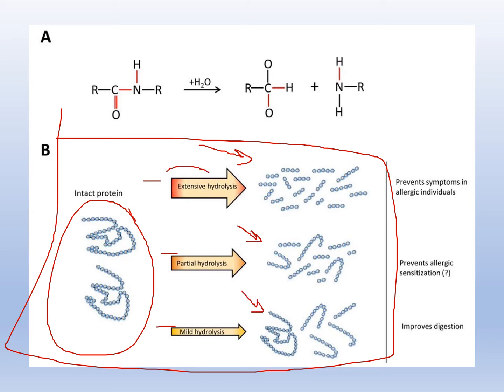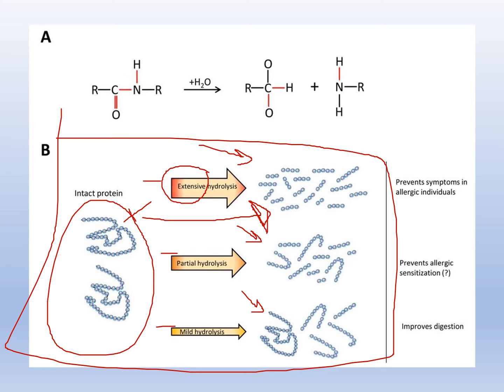For the extensive one, the method used is very strong: probably a very strong acid or a very strong base to break down proteins, or probably proteolytic enzymes, because proteolytic enzymes are very effective in breaking down proteins into amino acids or smaller subunits. So as you can see here, if this is the original protein, after extensive hydrolysis, we can